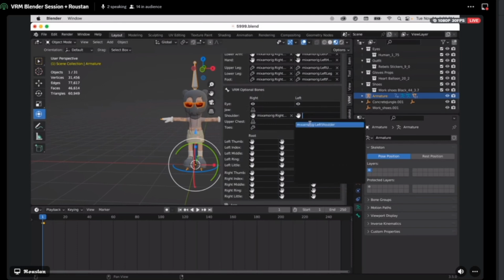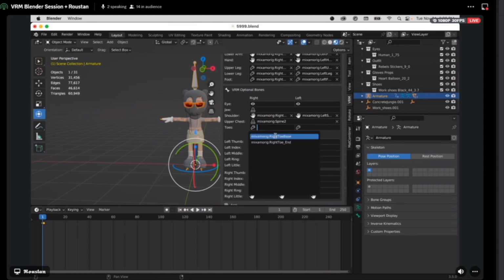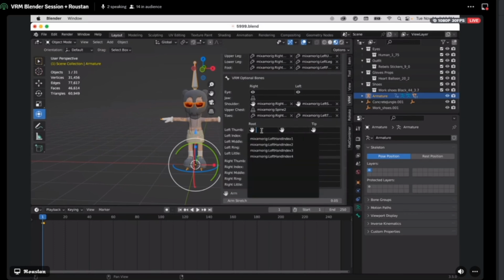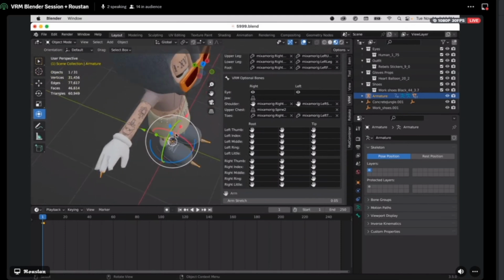Right shoulder, left shoulder. Make sure that you got these lined up correctly. Spine 2. This could probably be interchanged, spine 1, spine 2 with the other one. If it seems to act funky, then you could try reversing that. If not, just leave it as is. All right. So now I noticed on